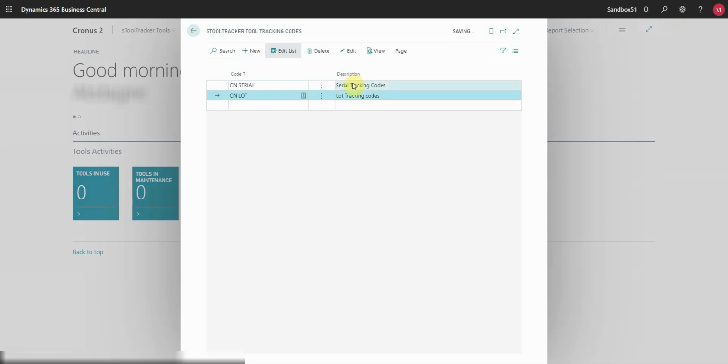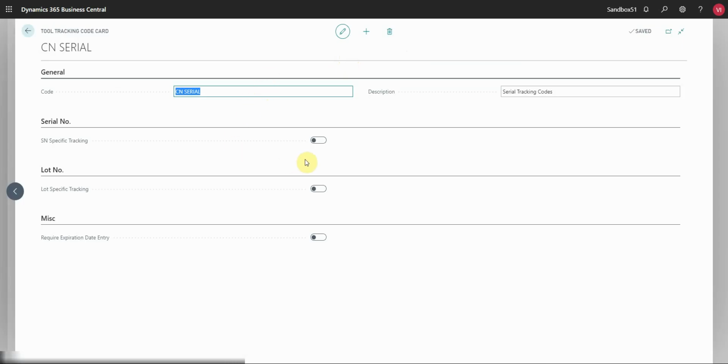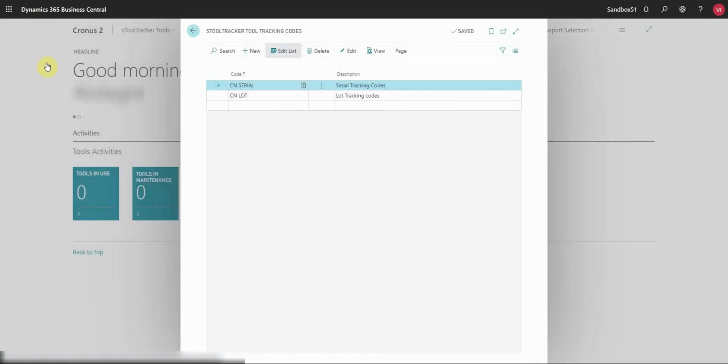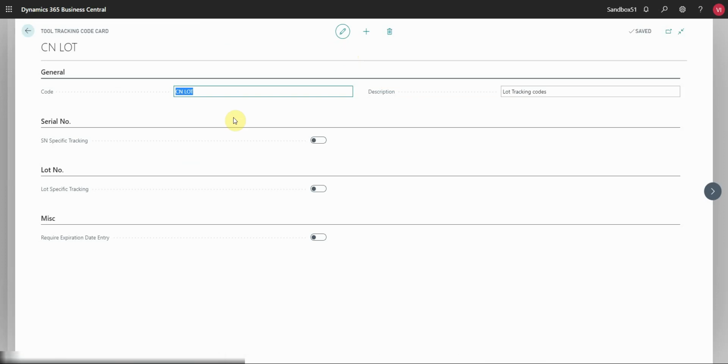Now select the serial number entry and press Edit. Here we define the details of this particular code. In this context, we wish to have serial number specific tracking. This means that any tool defined to use the serial number must use and select those serial numbers when modifying